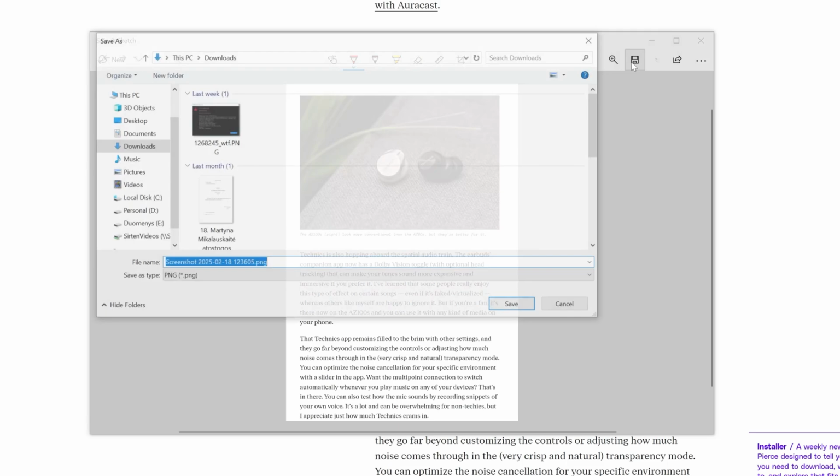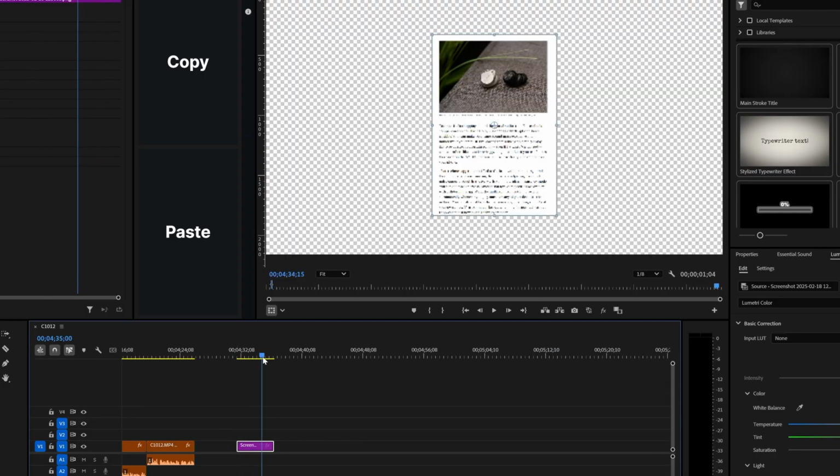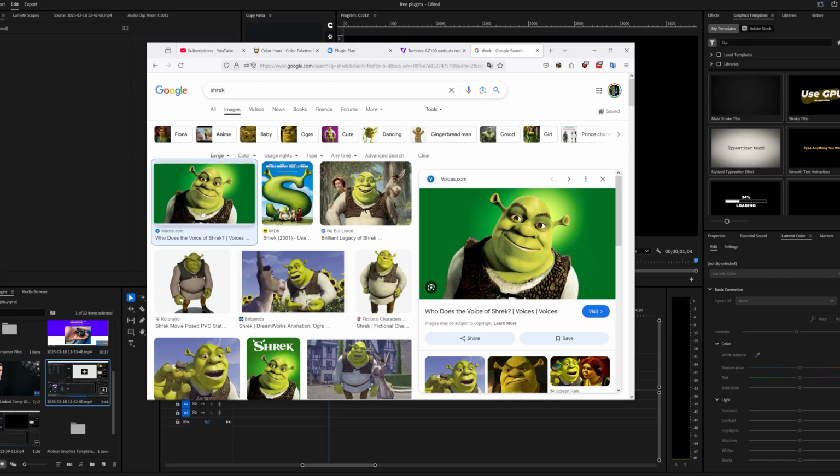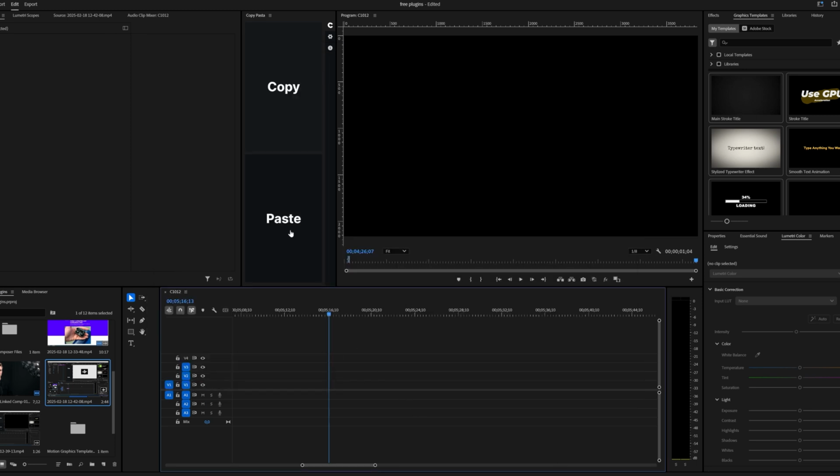Usually you'd have to save the screenshot first and then import it, which is fine for a couple of images, but really time consuming if you're doing it a lot. And it also works with other images, not just screenshots. So if I just go to Google and copy something, I can paste it with Copy Pasta without needing to